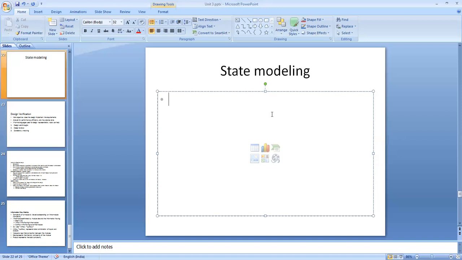Now, what is this logical state? A logical state of an object is a combination of all those states from which the behavior of the object is similar for all possible events.